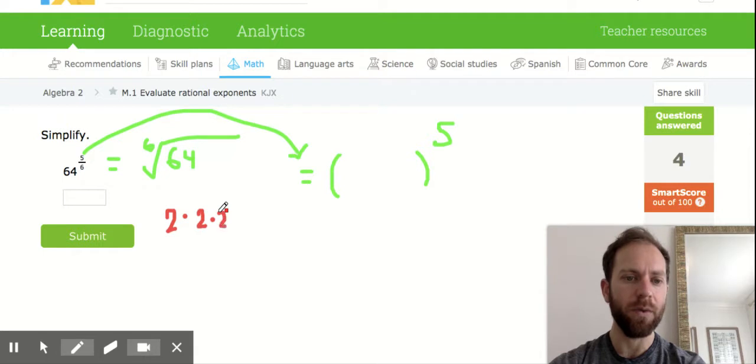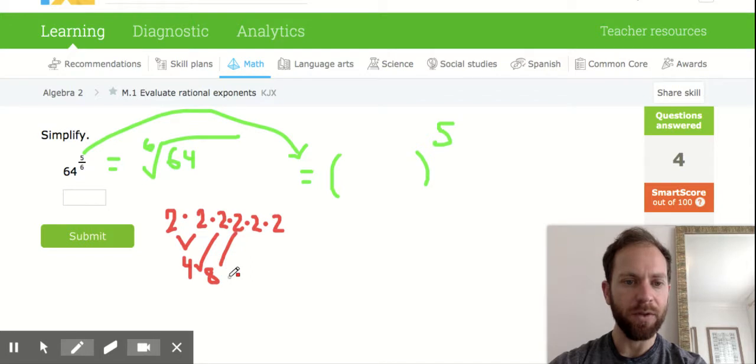2 times 2 is 4, times 2 is 8, times 2 is 16, times 2 is 32, times 2, 1, 2, 3, 4, 5, 6 is 64. Let me check that. 4 times 2 is 8. 8 times 2 is 16. 16 times 2 is 32. 32 times 2 is 64. So what number times itself 6 times makes 64? That number is 2. So we're going to take our 2, and we're going to do 2 to the 5th